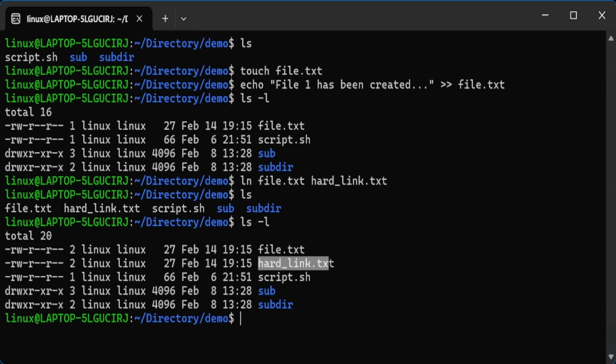So what has happened here is that in Linux, whenever you create links, each of these files basically have an inode number. So the concept of links basically revolves around the idea of inodes. Inodes basically are